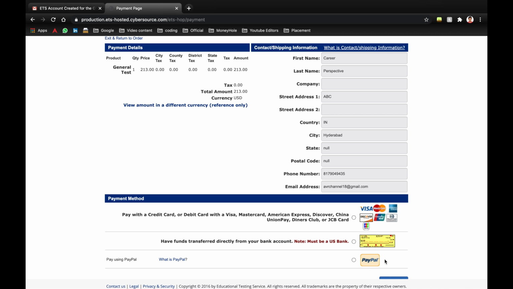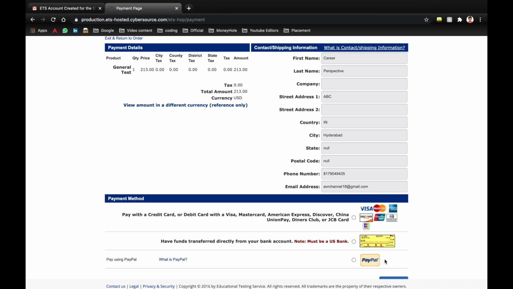Once you have paid the fee, the confirmation details will be sent to your email. If you have opted for the SMS service, even your phone will be notified with the confirmation details. And the test timings, the test date and the test center will also be specified in that particular email. So that's it guys. This is how you create your ETS account and register for your GRE exam. In-depth videos about what you require on the date of exam, like your IDs that you need to take and other items that you need to carry, will be explained in the future videos.